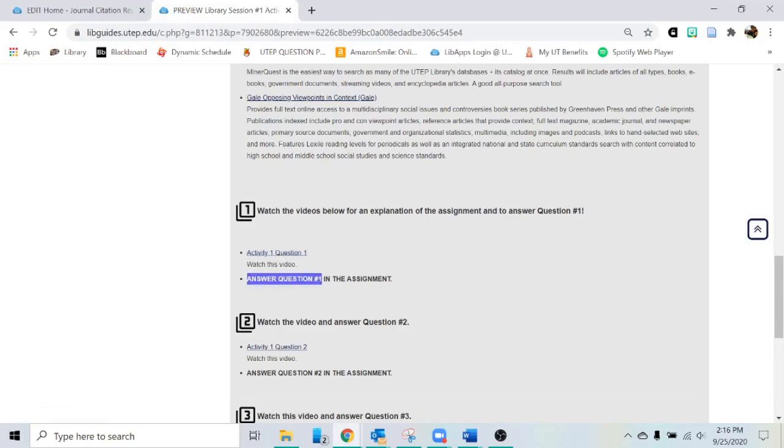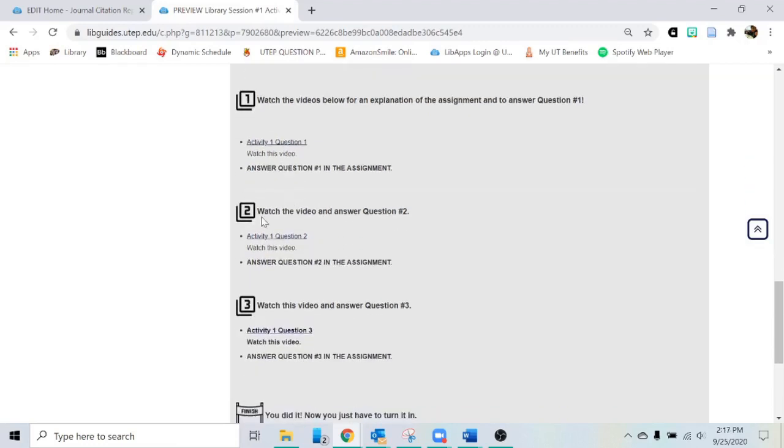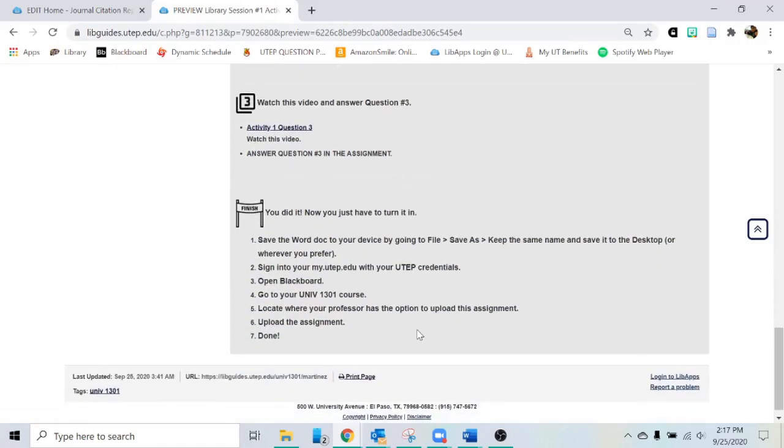It says to answer question number 1 in the assignment. Once you're done with question number 1, go on to number 2. Same thing. Watch the short little video that tells you how to answer question number 2, and then answer question number 2. Same deal with number 3. When you are finished, make sure you save the Word document and check Blackboard for instructions on how to submit